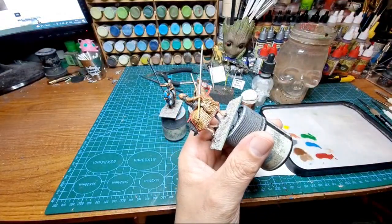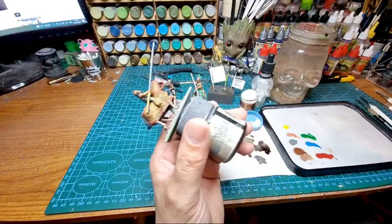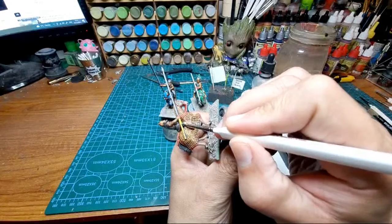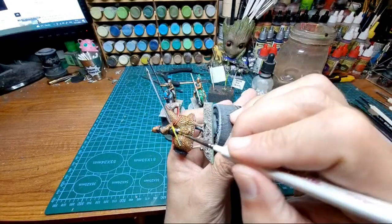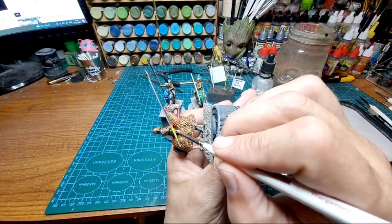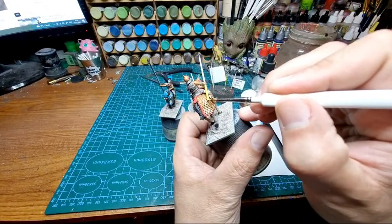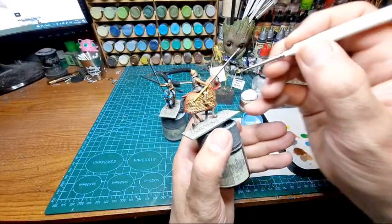Picked up the brush I was using for metallics. It's a little bit knackered. So yeah, we're going to do the stripey choppy, but obviously it's going to be easier just to